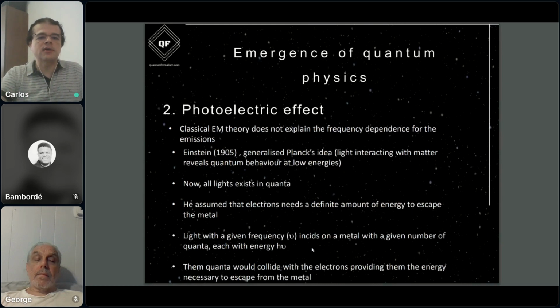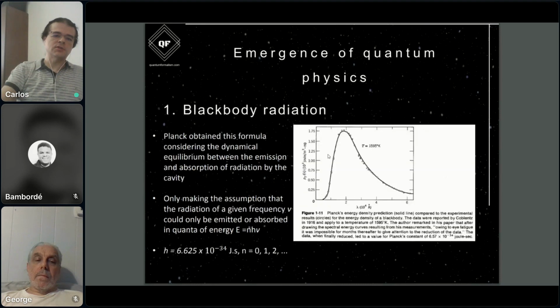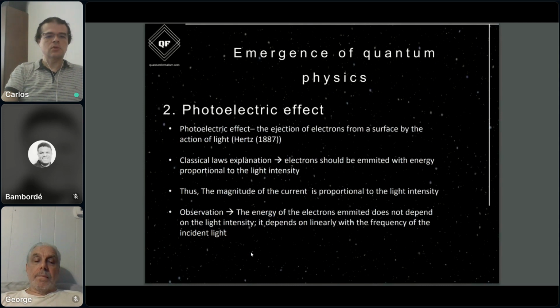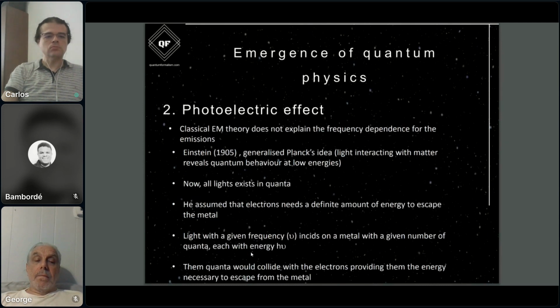So it was Einstein who proposed, in 1905, in some sense, he generalized Planck's idea. I mean, Planck's ideas were from the end of the year 1900. So Einstein in 1905 generalized, 5 years after Planck,